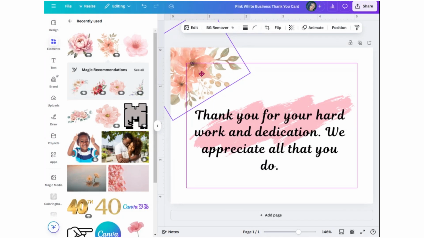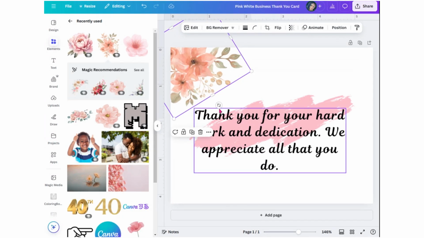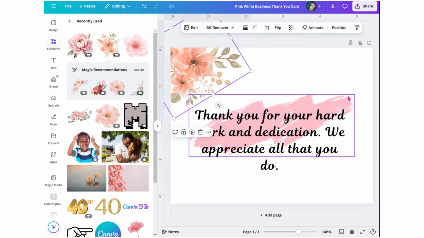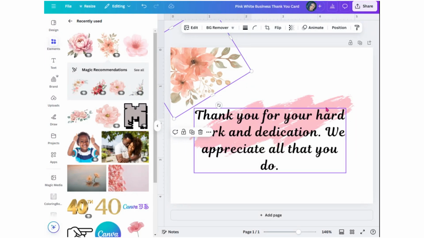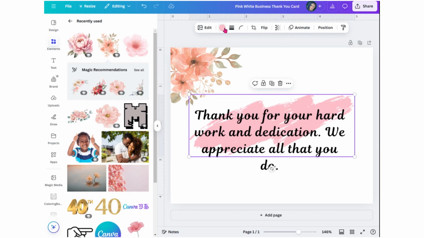And remember, all I did, I just made sure my flower was selected. And with this particular flower, I did not have to flip it. All I had to do was just hit the circular arrow. Okay, and now I'm going to click on this graphic element, which is behind the text, select it, go to